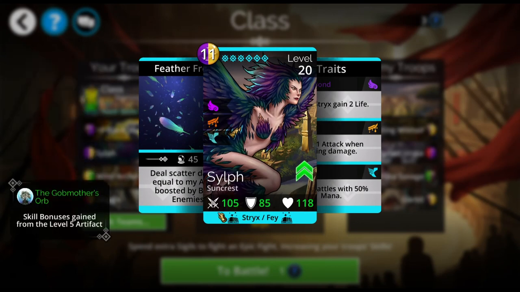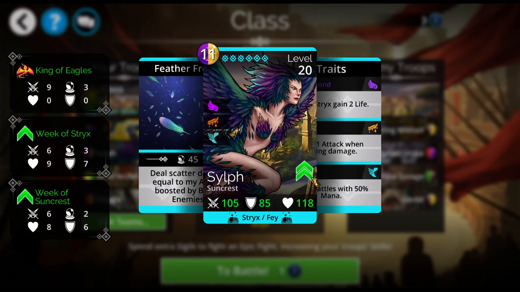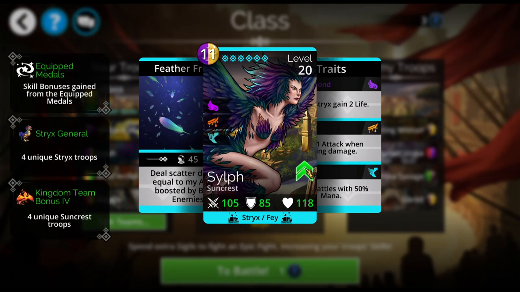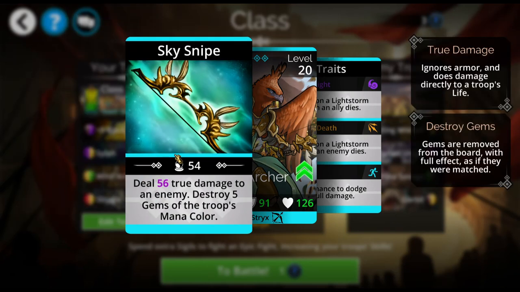But my goodness, my attack is really high with the boost we've got from the double boost from having Strix and Suncrest, or Suncrest and Fae. Whatever the boost is right now, I have the double 10% boost, so wow, very nice. Wind Archer is here because he's going to gain us a little bit of mana, does true damage to an enemy, so you will be able to one-shot some things for a while, destroy some gems of that troop's mana color,